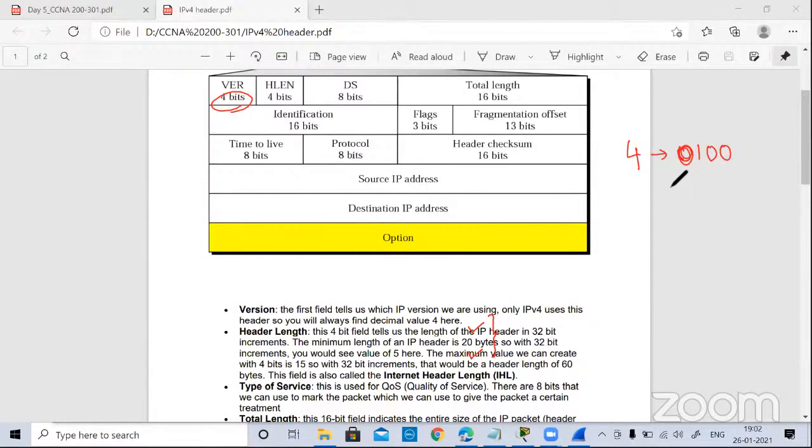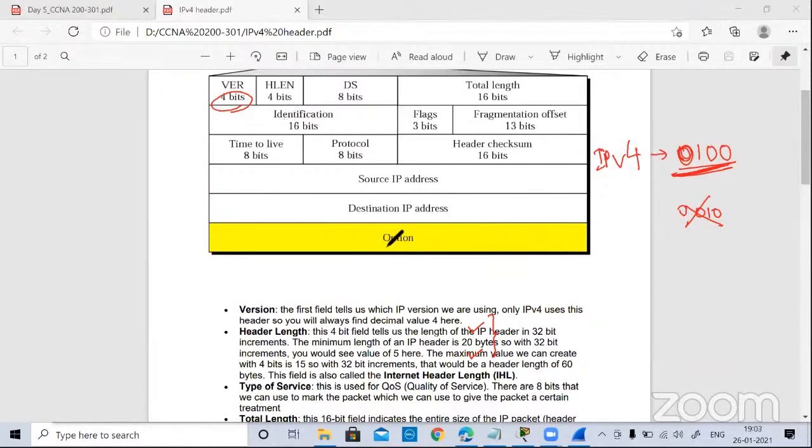As soon as a packet comes to the router, if it finds that the version is not what it's supposed to be, version 4, and instead of 0100 you see a packet with 0010, that means this is not going to be a proper IP packet. So whether a packet should be accepted by the router or not is first understood with the version number. So we first see the version. We have IP version 4, so we have 0100 in the place of version.